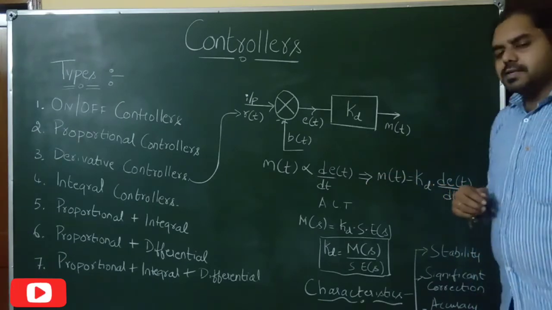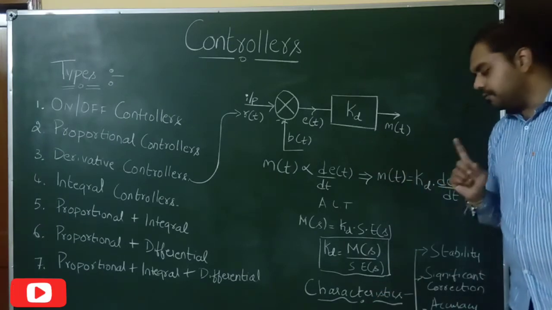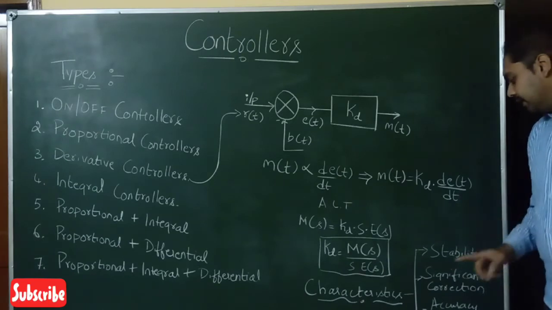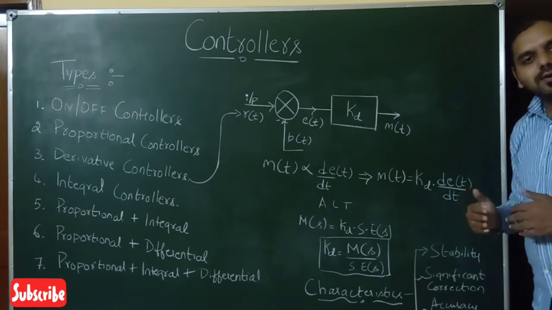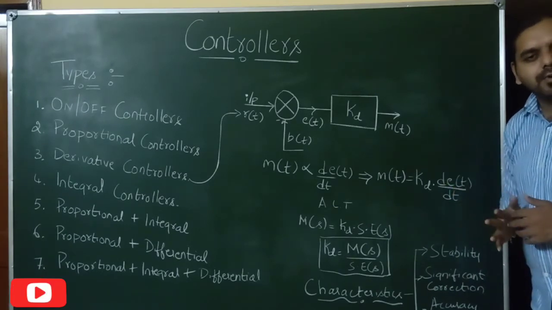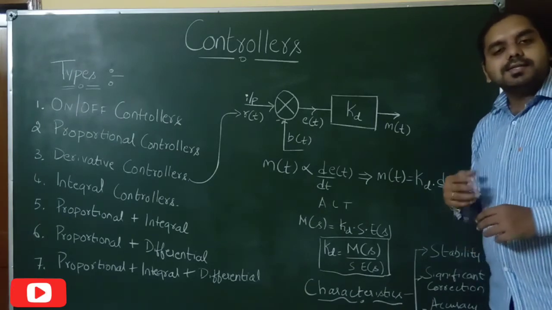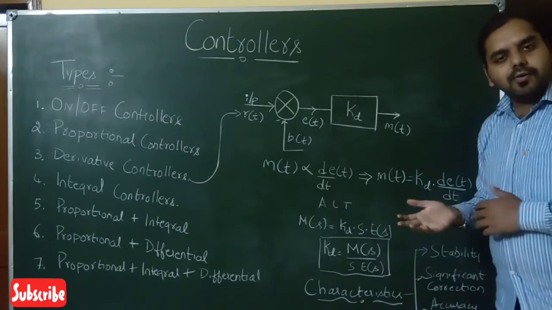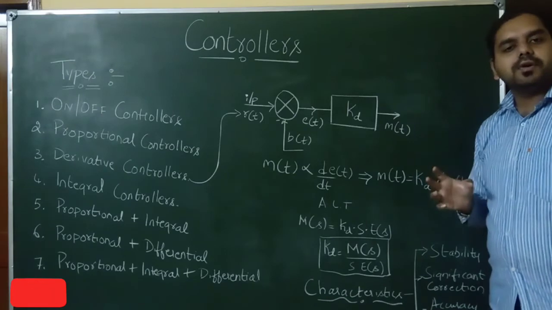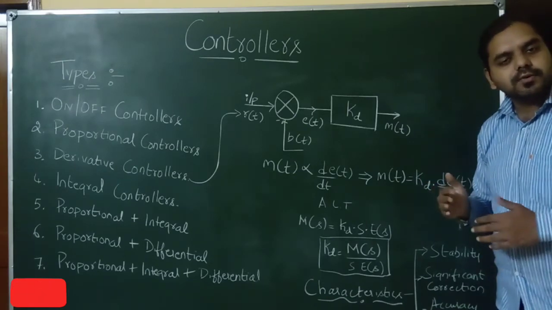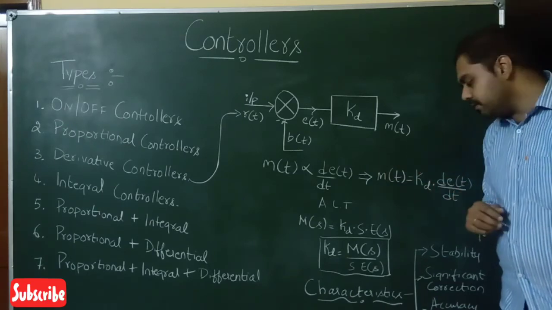Now, let's see the characteristics which are being given to the system when we are using this derivative control. Now, the first characteristic is that the stability of the system will be increased. Now, stability is nothing but how fast your system reaches the desired output what the system is designed for. And also, stability can be said as the insensitivity of the system to other inputs other than the designed input. So, your system should be sensitive only to the input the system is designed for. It should be very insensitive to the signals or the range of signals other than what the system is designed to operate. That is the meaning of stability.